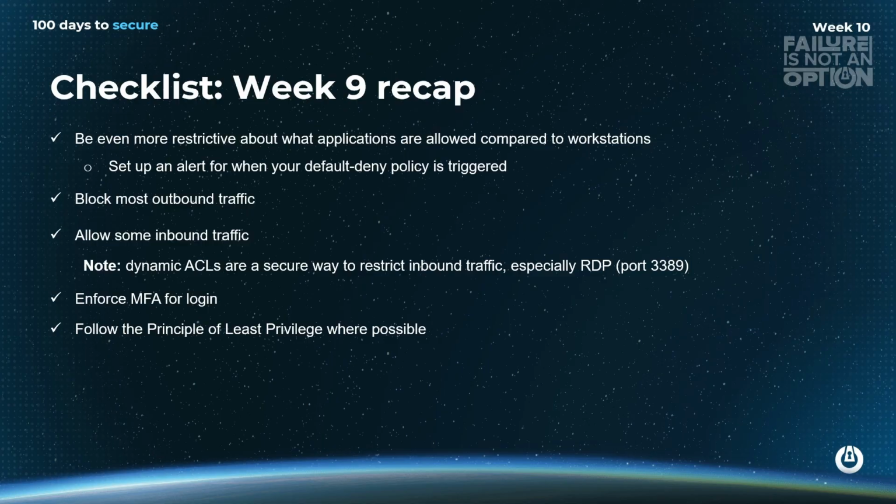Most internal stuff does not need to be open to the whole internet. So Active Directory for your entire org, and Bob, who is maybe in the IT department, gets 3389. You should be putting those in place by now. You can do simulations. You can check what's going to deny. Just a reminder, you have a solution engineer. We do not charge for that service. So you can book a call with them and say, hey, walk me through this traffic, help me set these up, and they will help you set that up in ThreatLocker. If you're using another solution, that's fine too. Just make sure that you're blocking all outbound traffic, you're auditing traffic, and you're only allowing inbound traffic for the devices that need it.